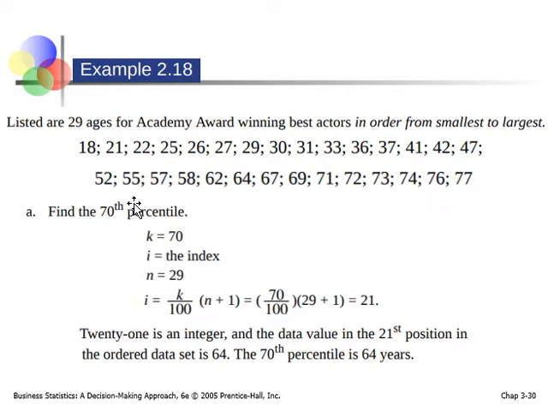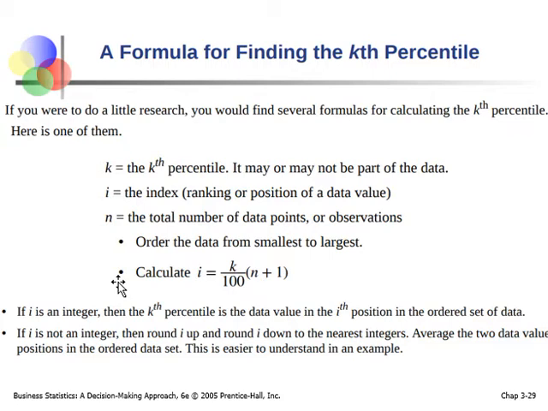Now, if you want to find the position of a number, of course, the index i is what you look for. Again, this formula can be manipulated in many ways because this is a formula, so you can use your algebra. For example, if k is the unknown, you can manipulate the formula so that k is what we find.